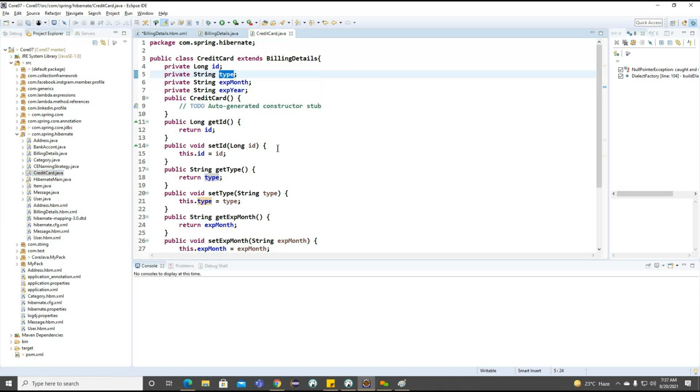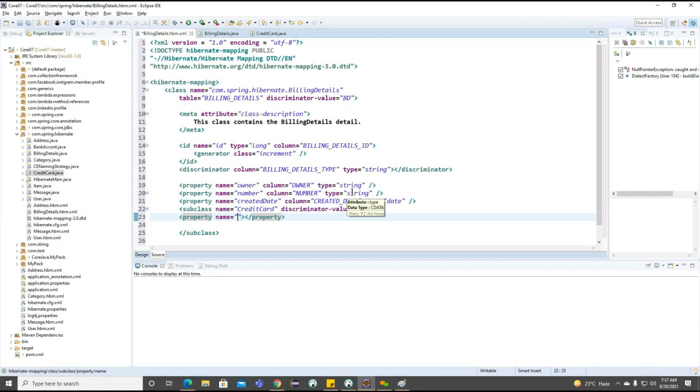But now, I think we don't need an ID here, because based on the billing details type, we are trying to find out the information. Based on this particular type, okay, so we'll see what will happen without adding it. Billing details type I want to provide, and the column also credit card type.